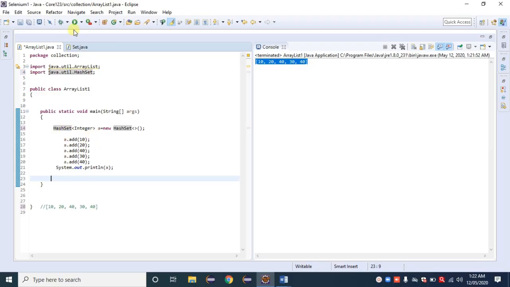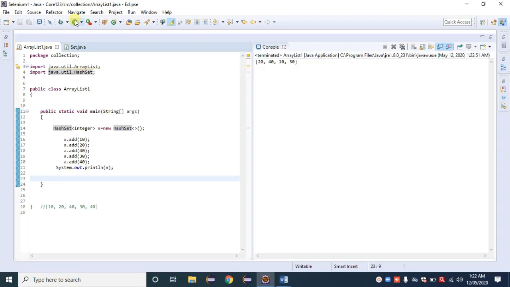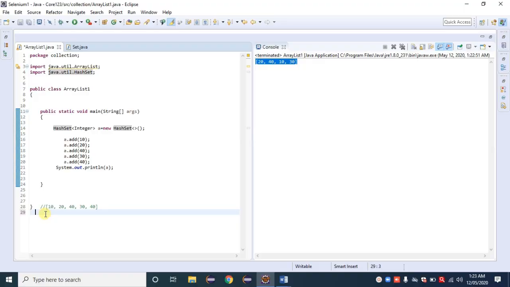Click on the run button. Observe that this is the result we get by using a set. Ctrl+C and paste it here, Ctrl+/.